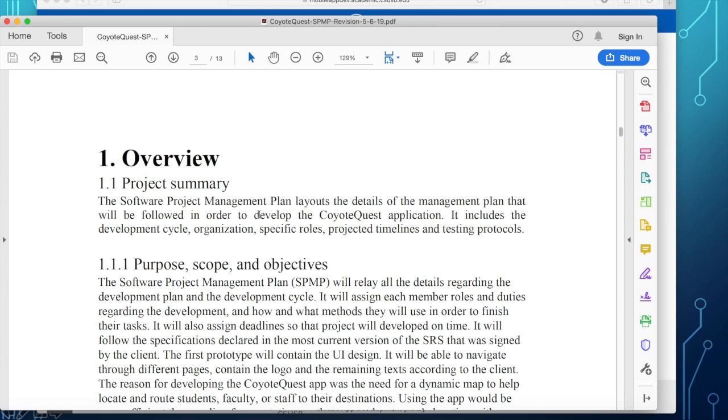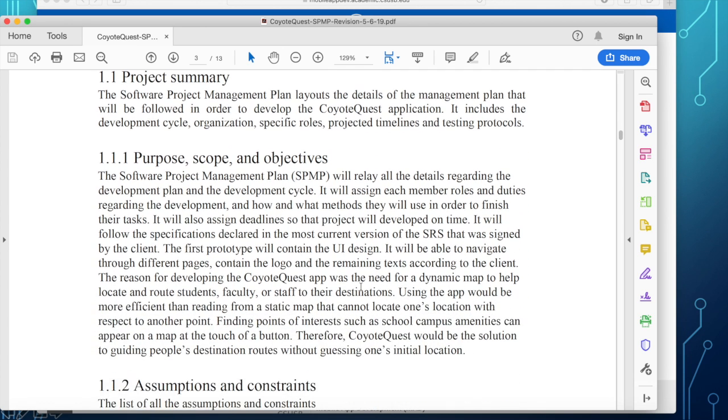So the project summary is just an introduction of the project being undertaken here: the purpose, scope, and objectives. These are details regarding the development plan and the development cycle, and you can actually include here the purpose of the first prototype and the second prototype.